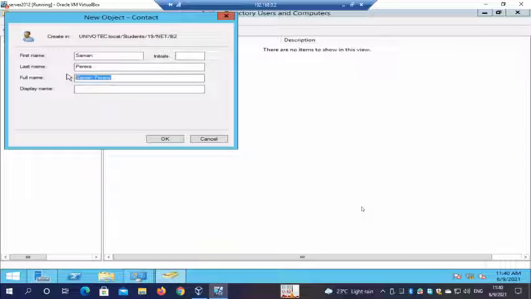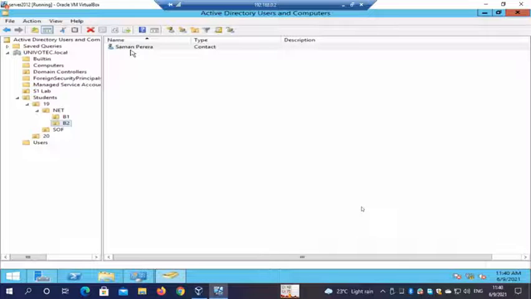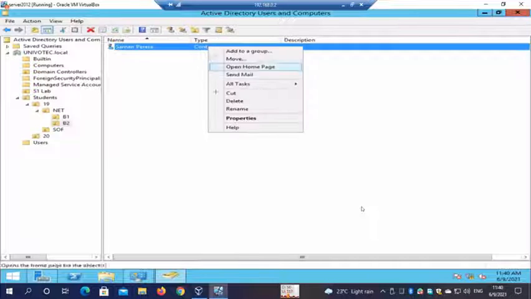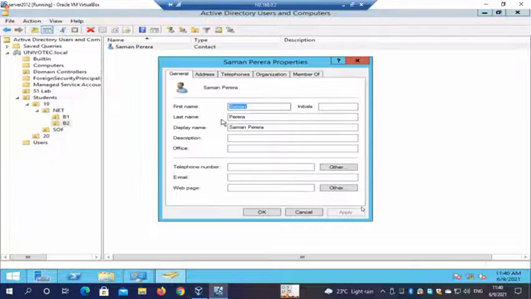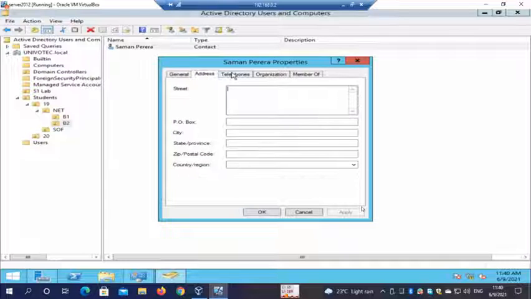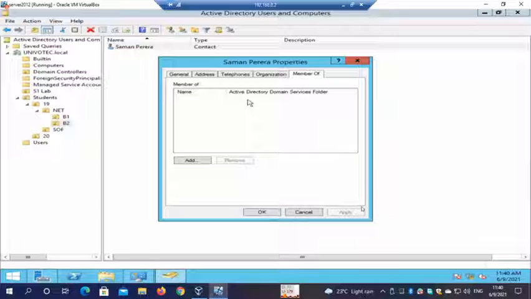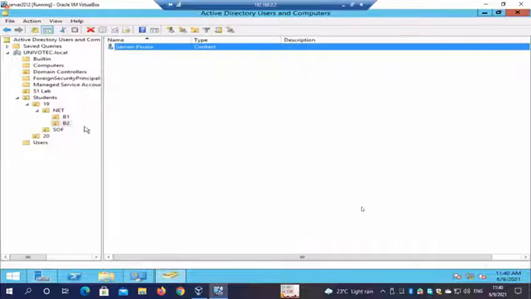So the full name will be automatically created, and then I can have the display name. Right. Now it says contact, right? See, just some information. It's not part of any group also, right?